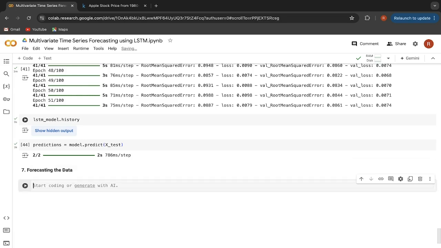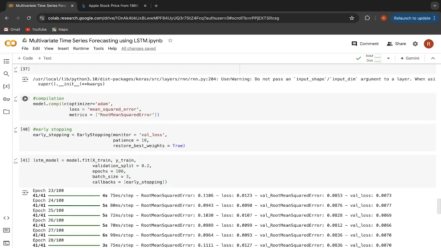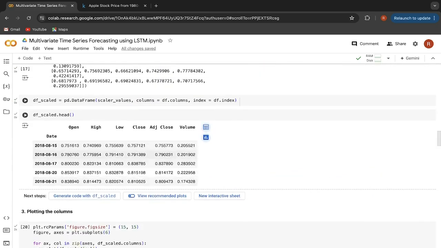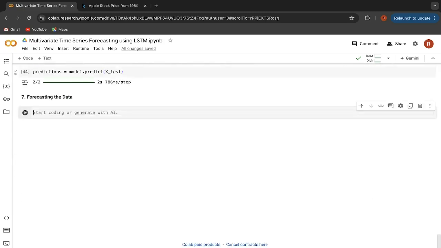Now, to forecast the data, first we have to perform inverse scaling, and that is because right now whatever values we have are in the normalized form. As you know, we have performed min-max scaling here. So whatever data we have is in the 0 to 1 range. Fine. So inverse scaling basically reconverts your data back to the original form. So let me write here inverse scaling. Because if you don't do this inverse scaling, your forecasted values won't match with the original values, because original values would be in the normal range, but your forecasted values would be in the 0 to 1 range.